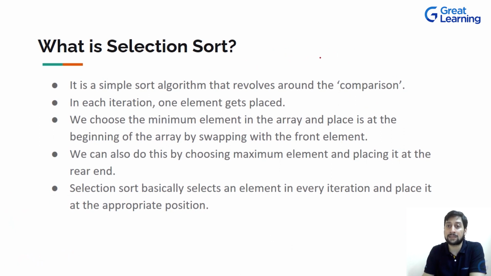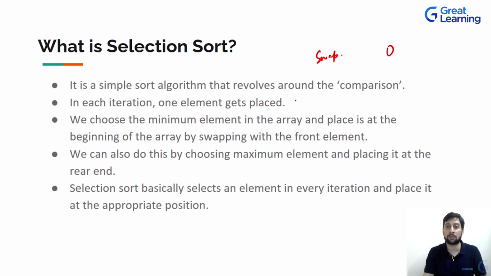The comparisons are done more as compared to swapping. In each iteration, one element gets placed. If you think about bubble sort, how it worked like a bubble, at the end you had your element fixed at its original position, which was at the end when we were trying to sort our array in ascending order. Now, in the same fashion,